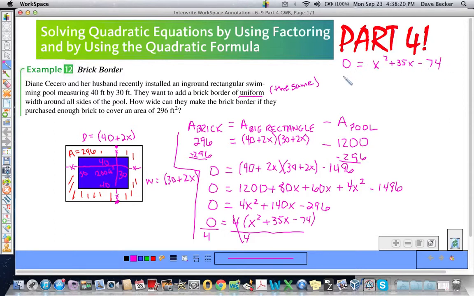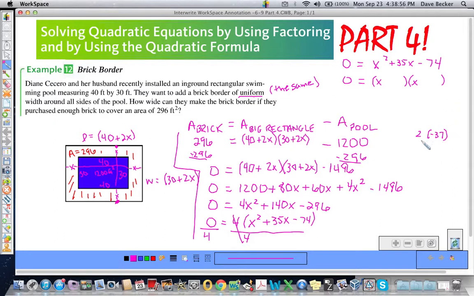Okay, so now I need factors of negative 74 that combine to give me a positive 35. Okay, so x is going to go here, x is going to go here. We know it's not going to be 74 and 1 because there's no way that a combination of 74 and 1 are going to give me 35. Okay, so maybe I do some work down here. What about 74 divided by 2? That is 37. So if I did a positive 2 times a negative 37,